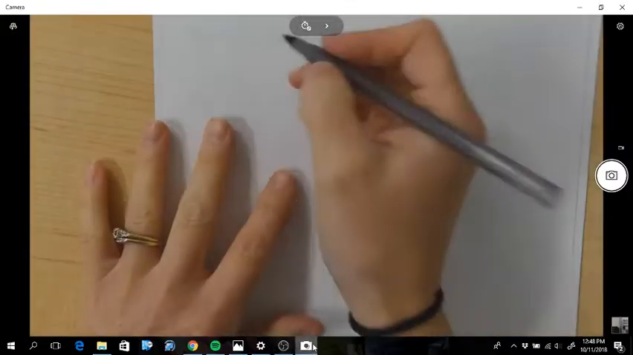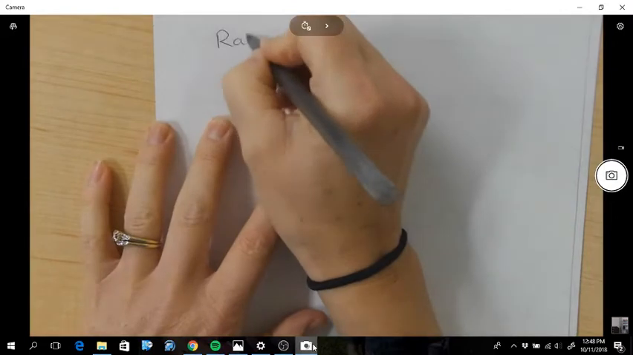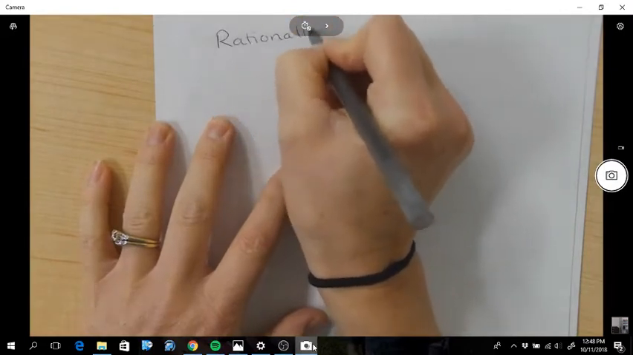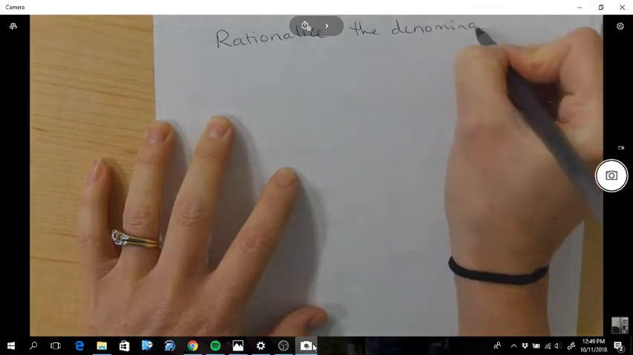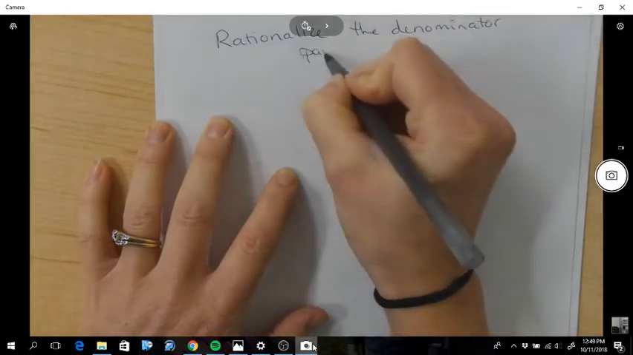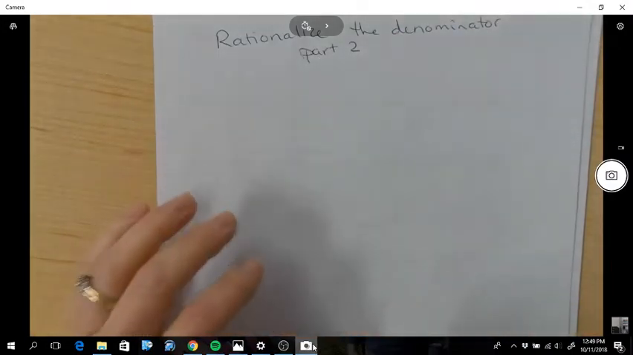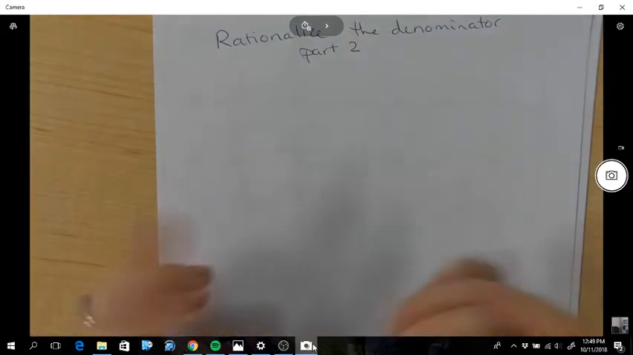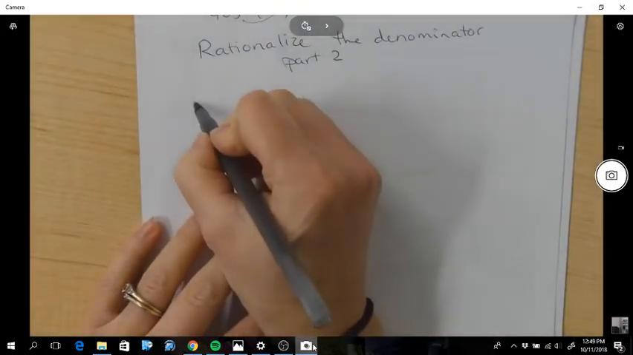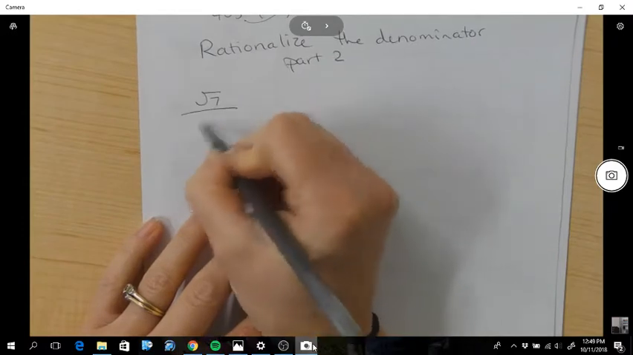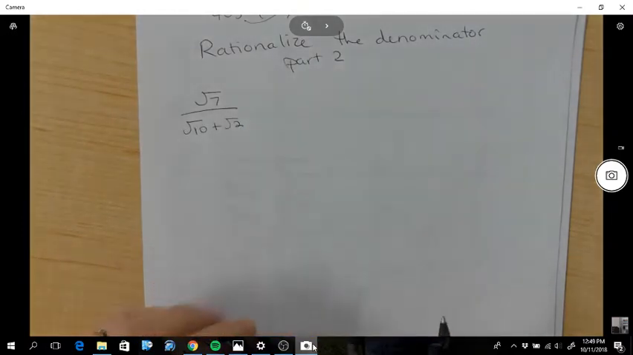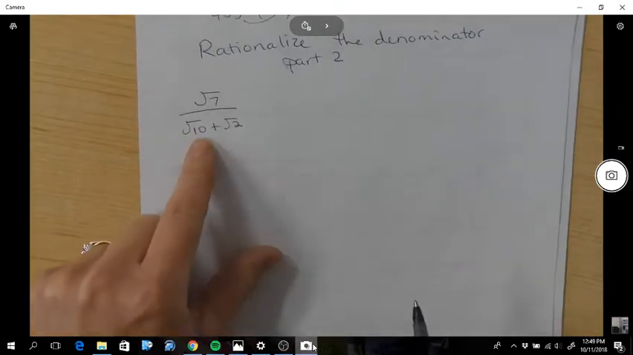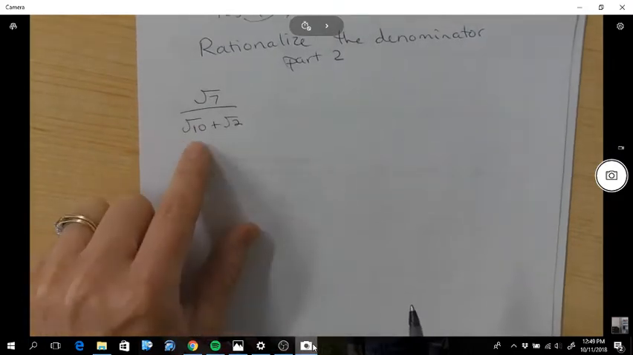Okay, rationalizing the denominators, part 2. This time you're going to see a binomial in the denominator. So root 7 over root 10 plus root 2. Now this time, in order to get rid of this binomial having radicals in it, we're going to multiply